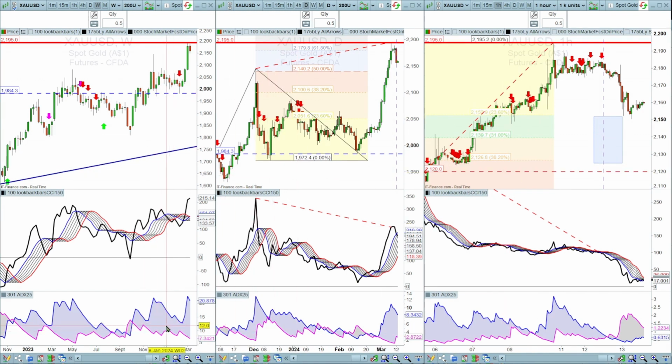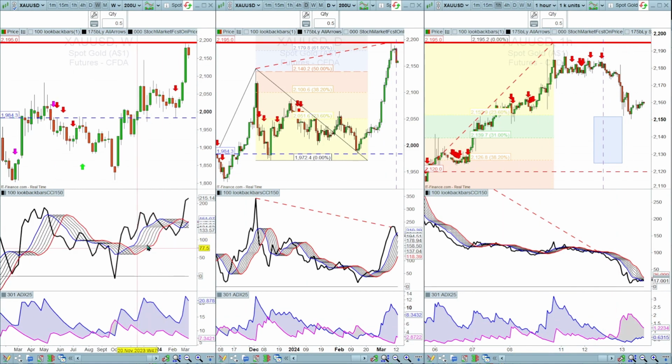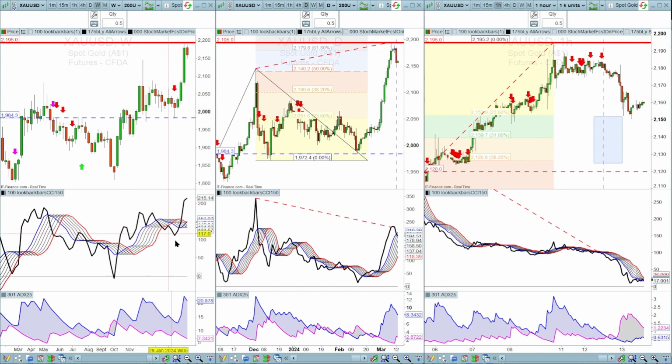So down here we've got the trend indicator, which is the ADX 25, and they're both showing bullish momentum, although the hourly is broken down into a bearish trend at the moment. Our secondary or level of trend indicator is this CCI 150. When it breaks above this channel of moving averages, that's considered a bullish direction. You can see here on the daily as well, it did break above the moving average band, and it's currently broken back into that band, so we avoid taking any long trades until we see it bounce back out of that again. So at the moment, avoid taking long or short trades until we see it break outside of this